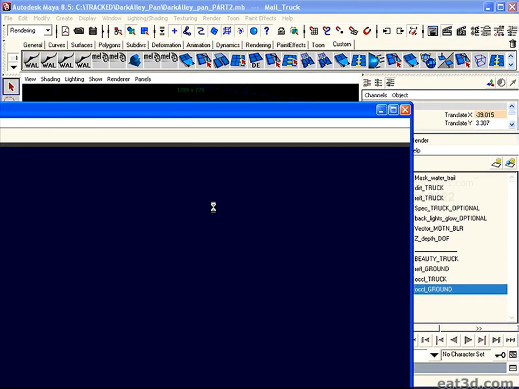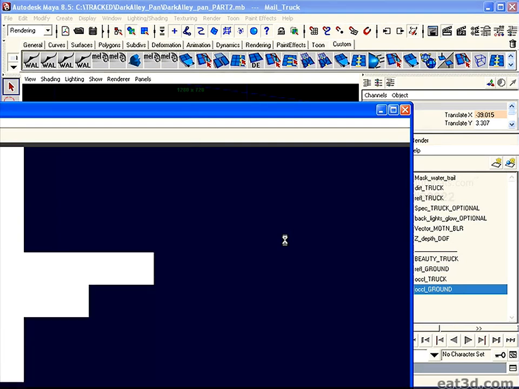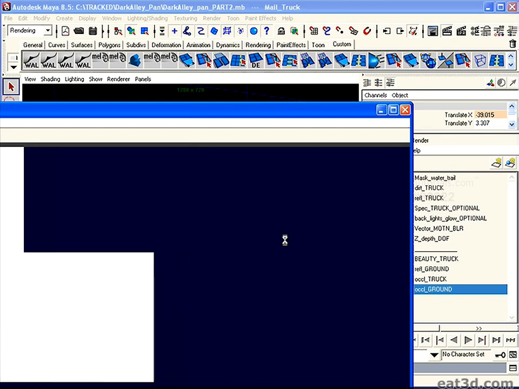hit the render button. Now these are going to render pretty big, so I'm going to have to scale them down for this window. We're rendering at 1280 by 720, which is a pretty high resolution because we're matching the plate shot in HD. So it's going to take a few seconds more to render these shots as best as we can, but I might stop the render halfway just to let you know and give you an idea of